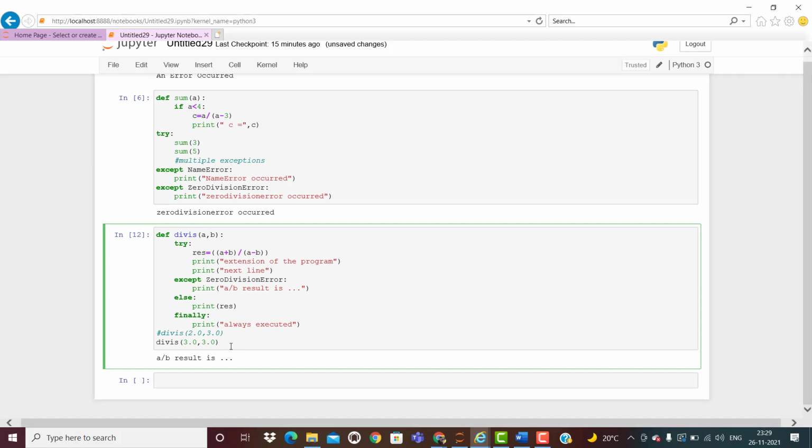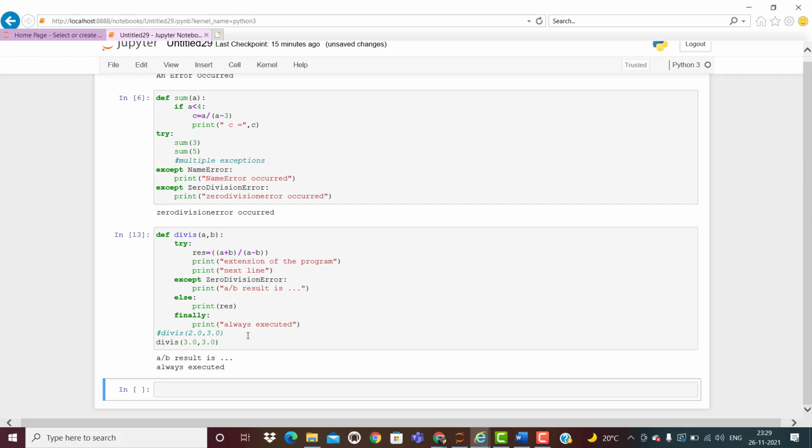Okay, now here the same I am sending. So these statements are not executing, but this statement is going to be executed. See, after the try except block, the remaining statements are not going to be executed, but if you write those statements in the finally block, those statements are going to be executed at any cost.